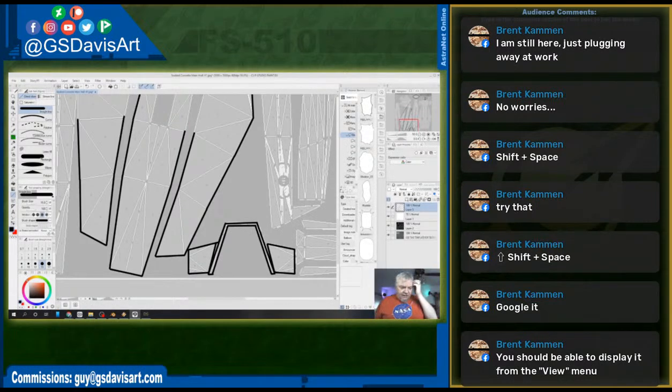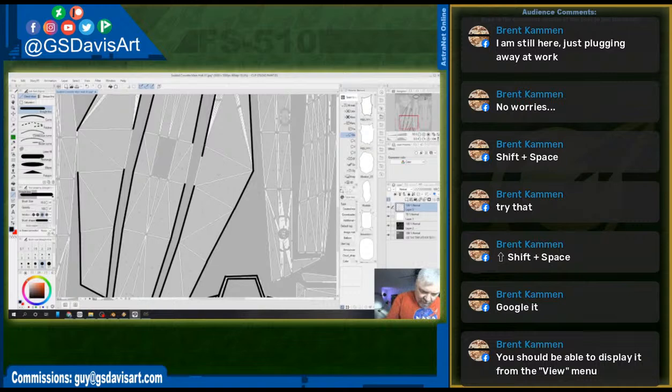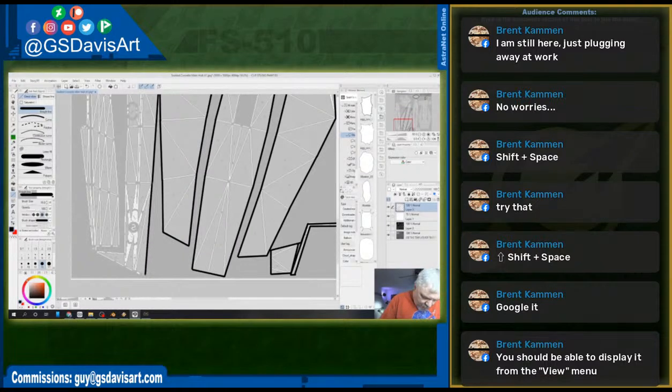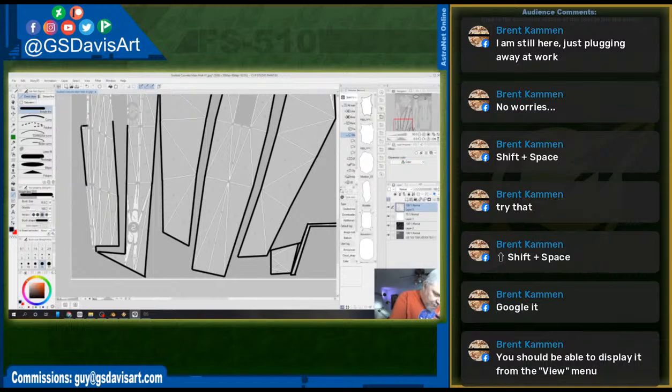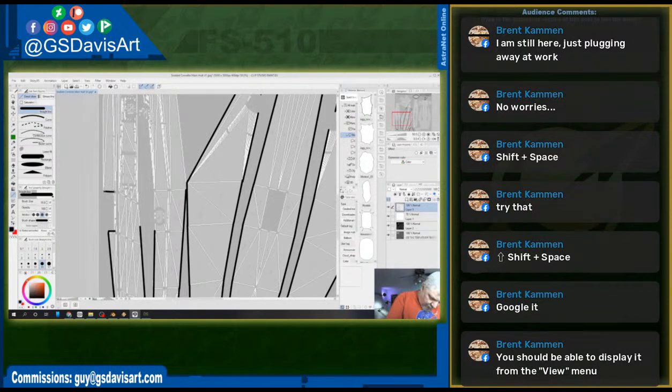Just kind of putting in the line work here for this. And what we'll do is once we've done all of this line work real quick, and I'm just doing fast and dirty line work because I want to double check it